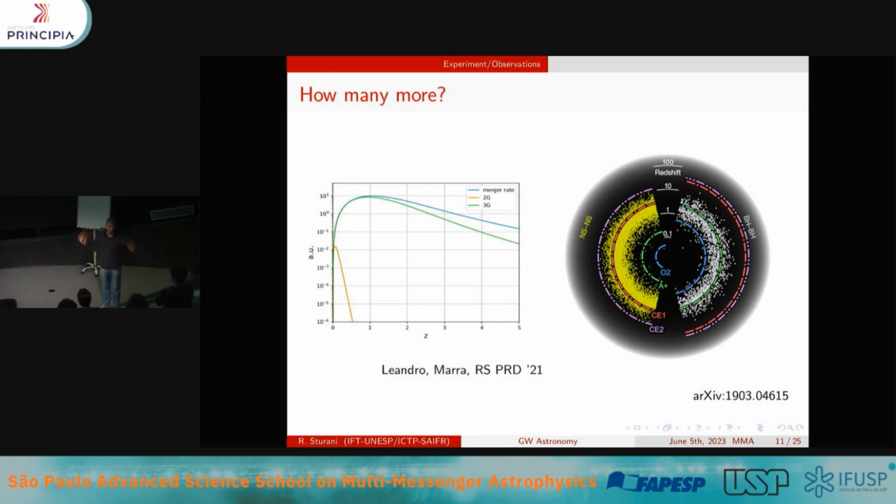Okay, there are lots of caveats. This is just a hand-wave projection. And look at what we are seeing with second generation detectors. We are seeing this. I mean, basically nothing. With third generation detectors, we'll see up to redshift 1, we basically see all of them. Then we start losing a fraction of them, but we really see most of them. And this is assuming that all the binaries come from astrophysical collapse